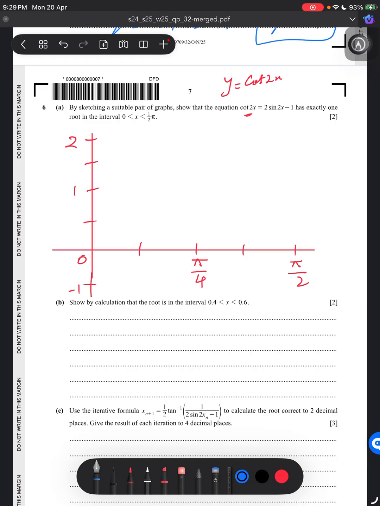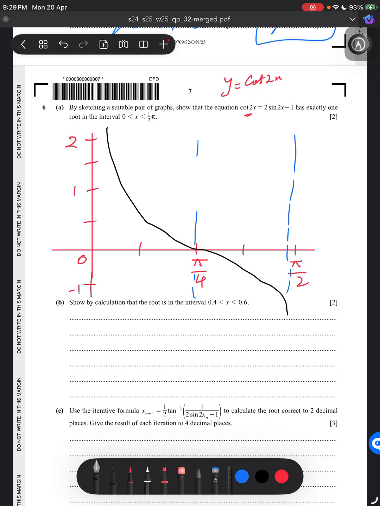So the thing over here, we know that cot has an inverse of tan, so this would have an asymptote. So the asymptote can be denoted simply at, since it's y equals cot 2x, you can plug x as 0, so this would turn out to be again the asymptote of half pi. It can be here, and the other values can be here. So the first value for the asymptote of cot would be here,